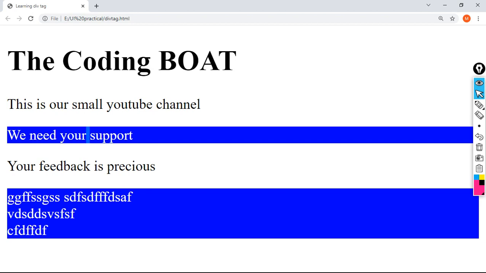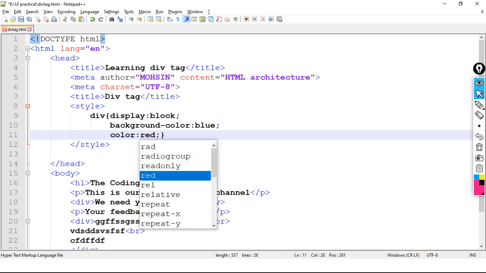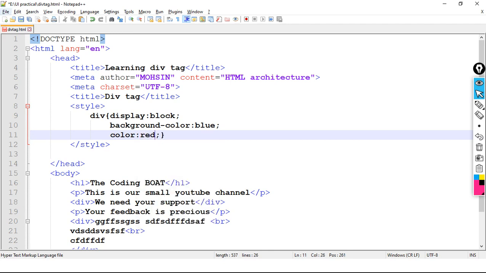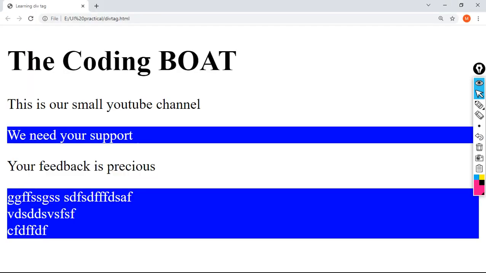See here, color is white. Now let's make it red. Let's save the code and execute the code.